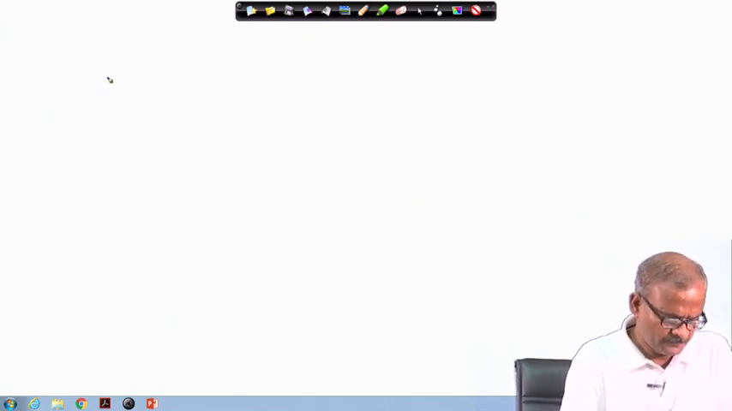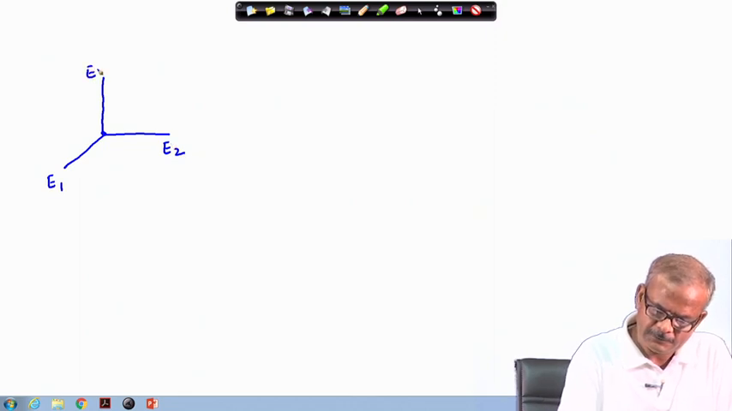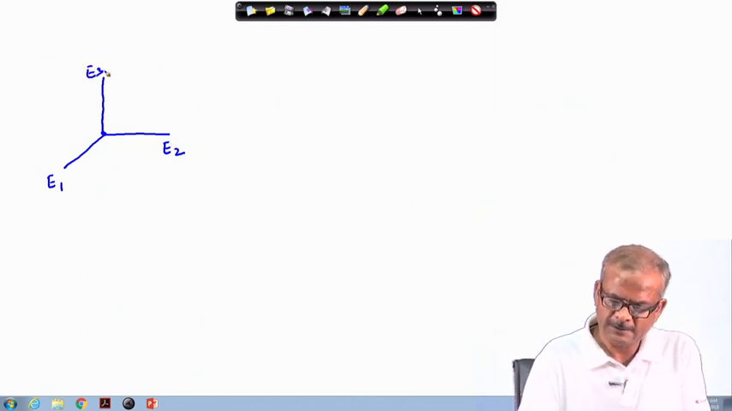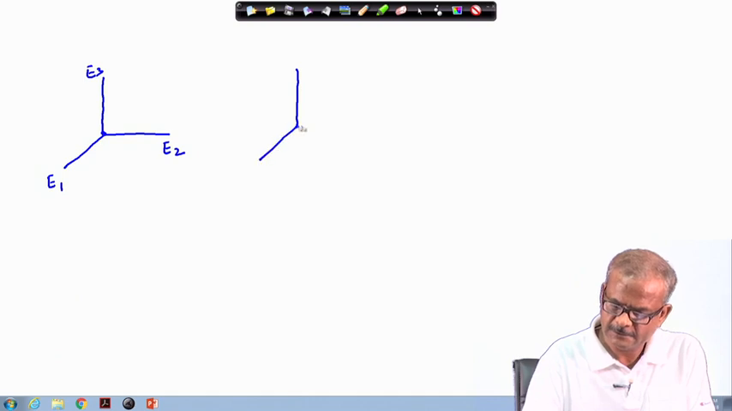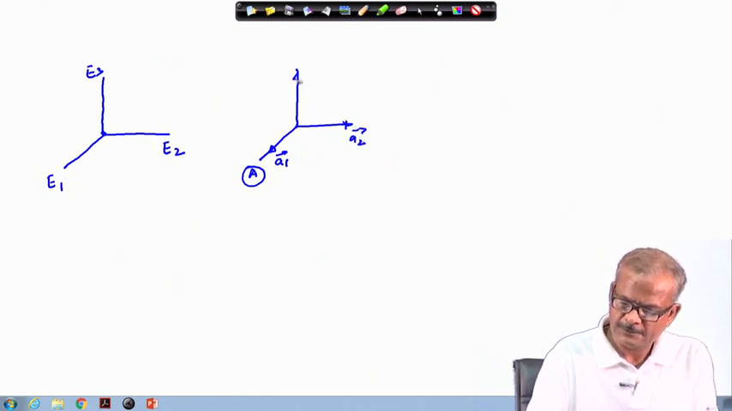Now, let us consider that this is the frame E 1, E 2, E 3, okay. Or either we can call this also as the frame A, okay, where we have a vector along this direction A 1, A 2 and A 3,